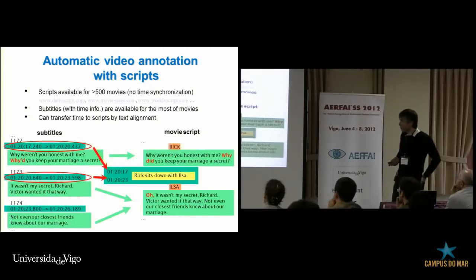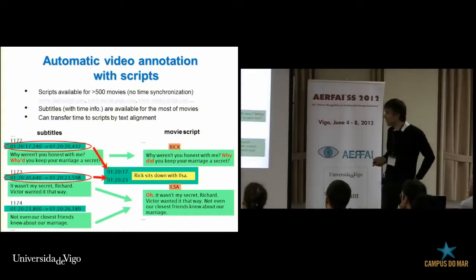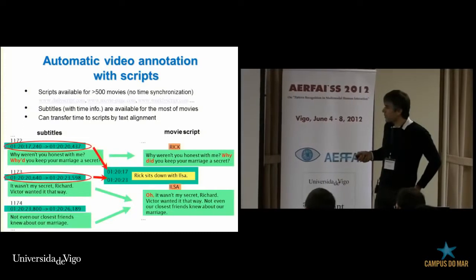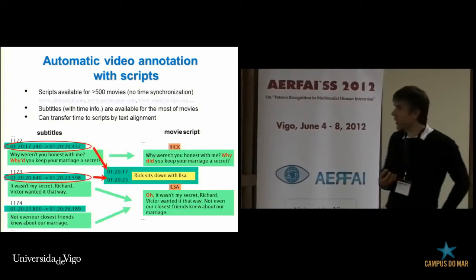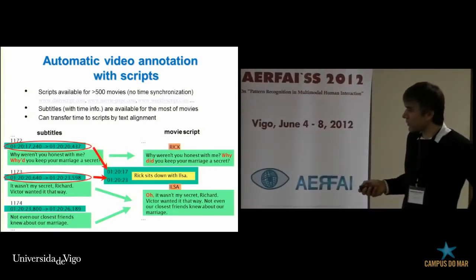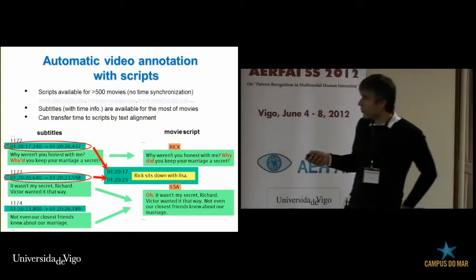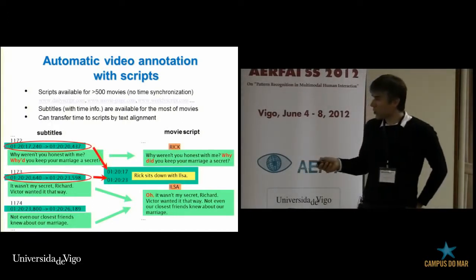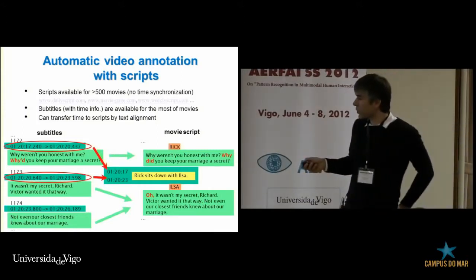Another way to address this without hiring lots of people to do annotation is to use additional data in terms of scripts. Luckily, there are lots of TV scripts and movie scripts online. Here is one example from Casablanca, and there are hundreds of movies with scripts online. So what is a script? It's not just subtitles. It includes subtitles, what the people say, but it also has annotation of who is talking and what is going on, for example, Rick sits down with Ilse. This information could be very useful